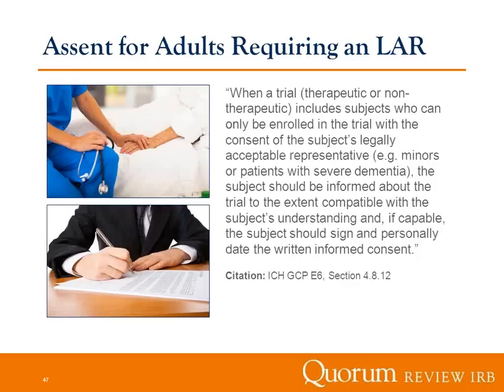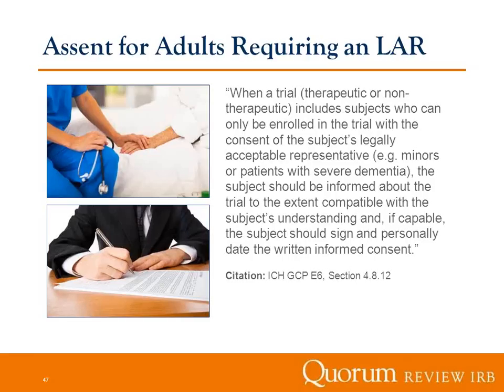Assent for adults requiring an LAR is another thing that I wanted to cover. Again, we're back to ICH GCP, and ultimately, that's what we have to look to about whether or not at the federal level, what's our guidance in general. And so when it says here, when a trial includes subjects that can be enrolled only with a LAR, so that's for minors and also adults that couldn't consent under ICH,